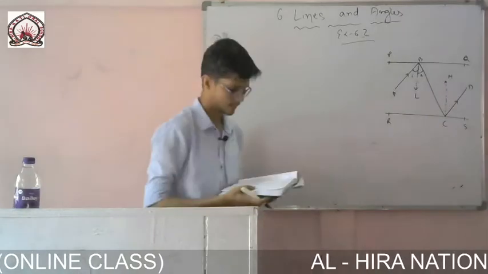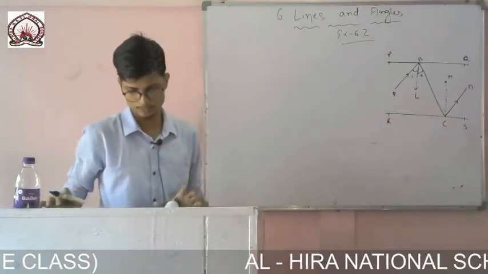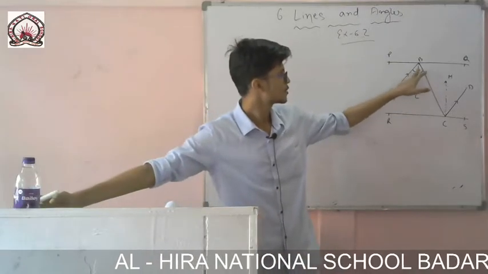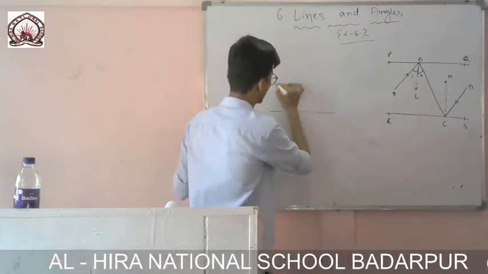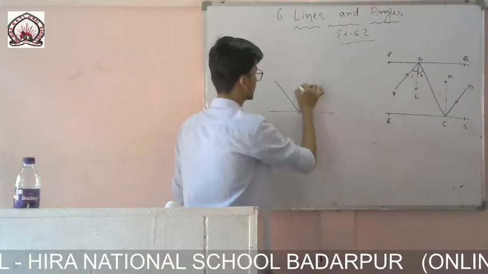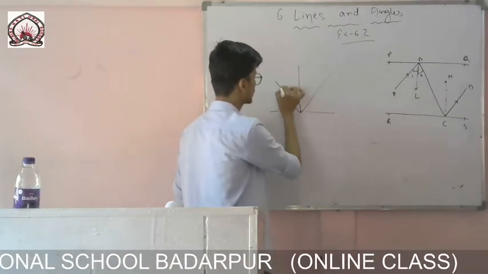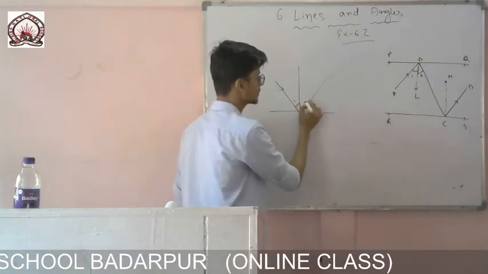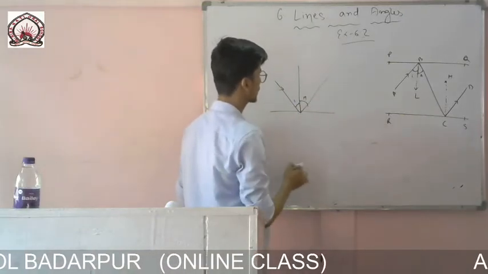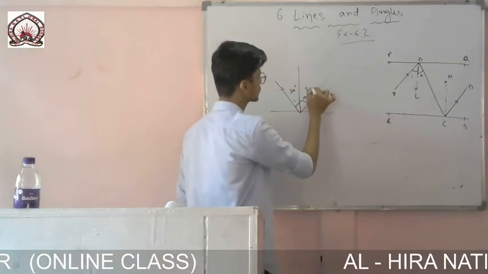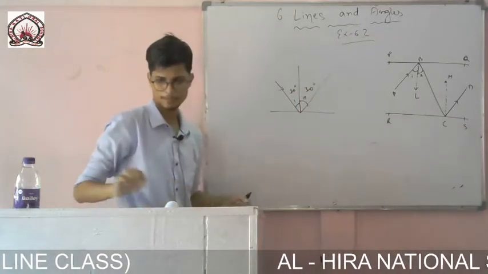Now you see one thing, the angle of incidence is equal to the angle of reflection. So if a ray reflects like this, and if I draw a perpendicular, that is the normal, then this will be the angle of incidence and this is the reflected angle. So these two angle measures will be the same. If this is 30, then this one will also be 30. This one you keep in mind.